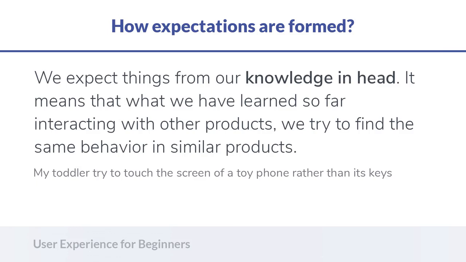Now the question is how these expectations are formed. What we expect is all in our head. It is about the knowledge we have gained from the outside world or from similar experiences that is gathered in our head. So it is called knowledge in the head. It is the term defined by Don Norman in his book, The Design of Everyday Things. And what it means is that if we have experienced or used similar products, then they are going to form